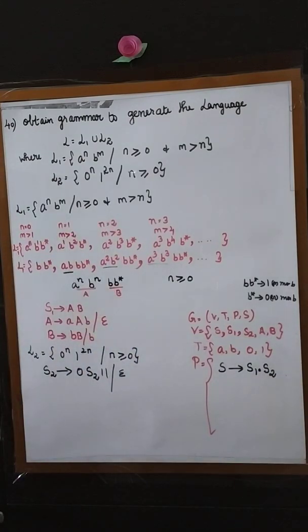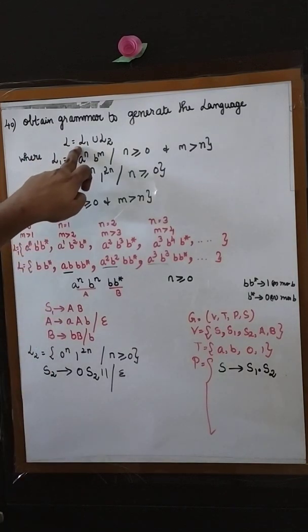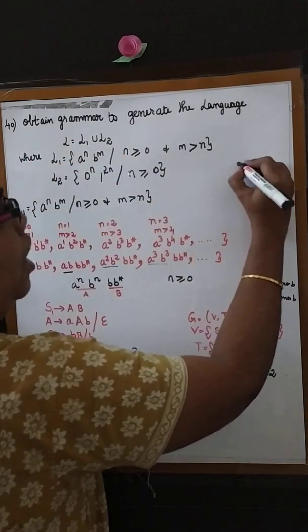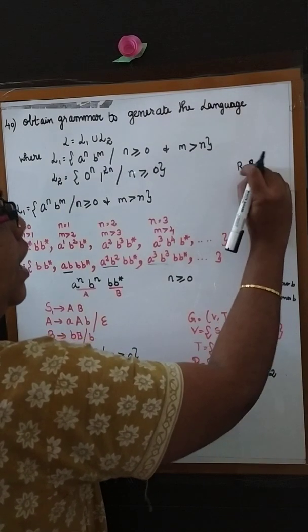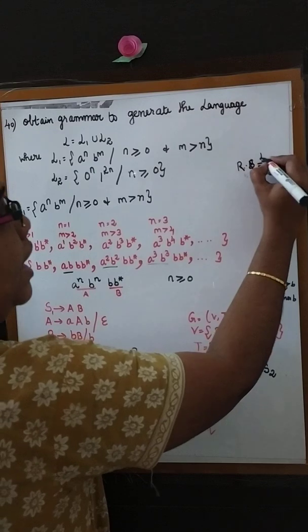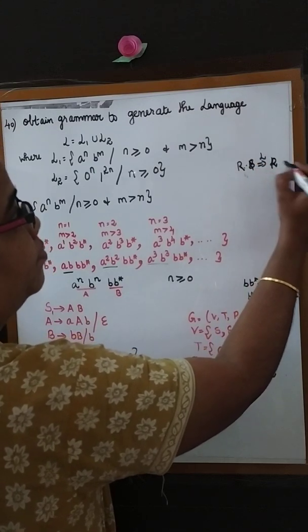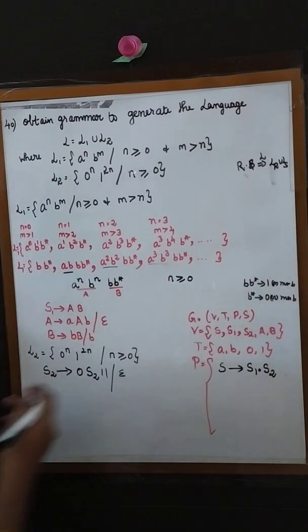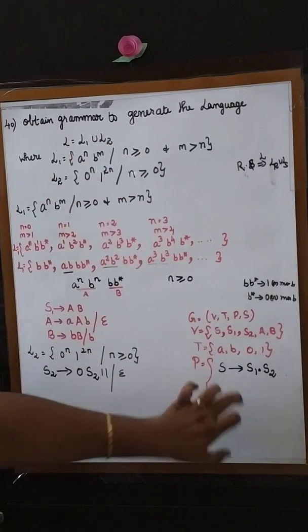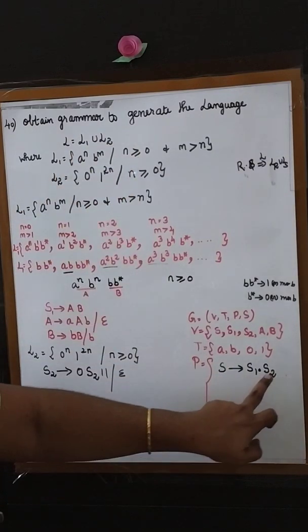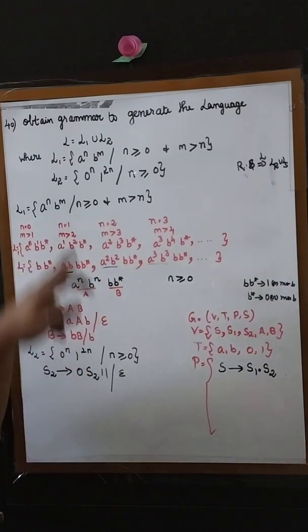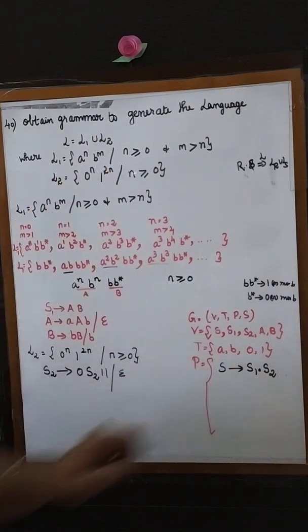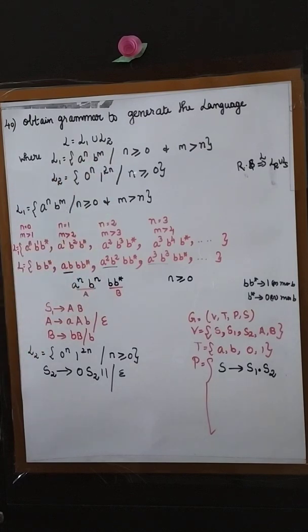Previously we would have studied, right? If in the regular expression R equal to R1 dot R2, how will we be representing them in the language? We will represent them as L1 union L2. Do you remember? R dot S is a regular expression. Then the language will be denoted how? L_R union L_S. So this is my language, and for this the grammar will be this one. So S will be having the combination of S1 and S2. Since they told you union, I am placing the concatenation based upon our regular expression definition.